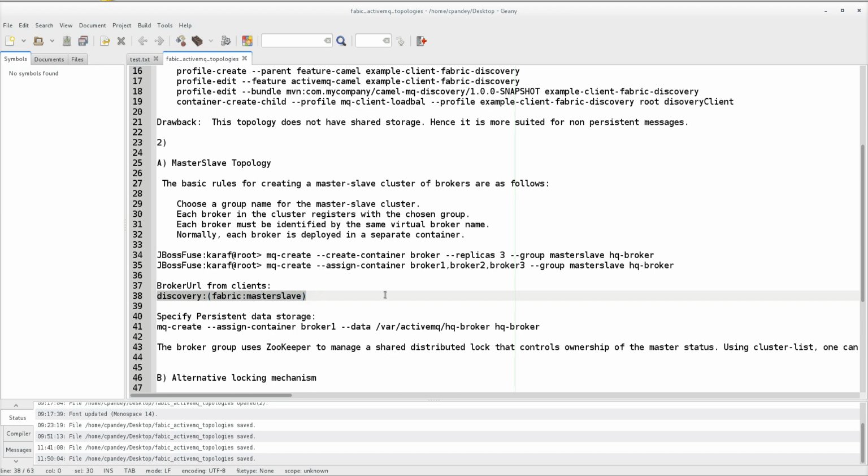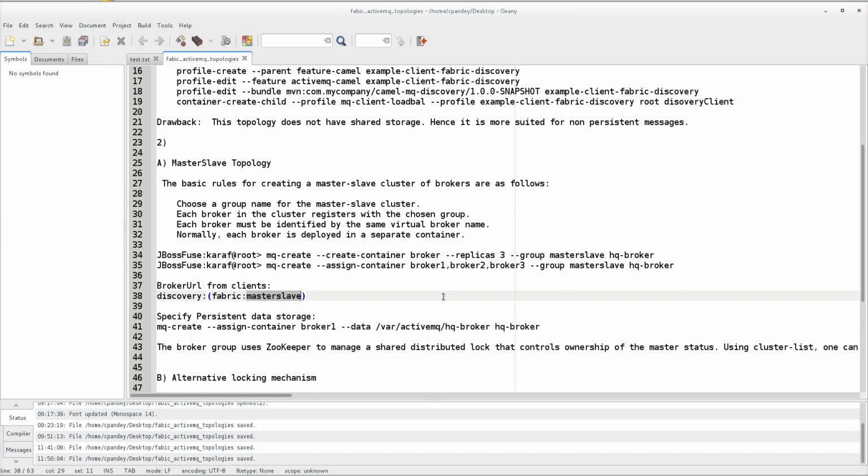You can also identify them with the static IPs and port, but the problem is, if you don't configure the IP and port specifically, then every time you restart the containers, the port would change. So it is always better to configure them with the group name, or if you want static IPs and port, then configure static ports. You can do that as well.